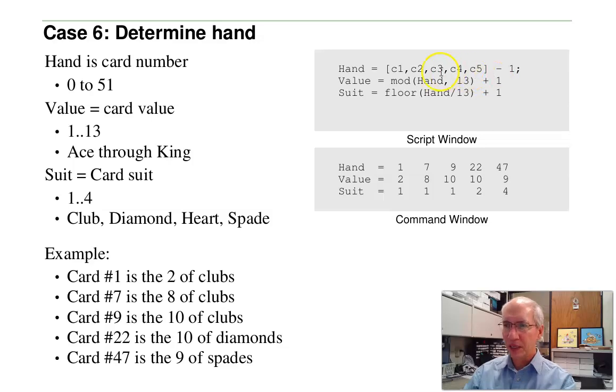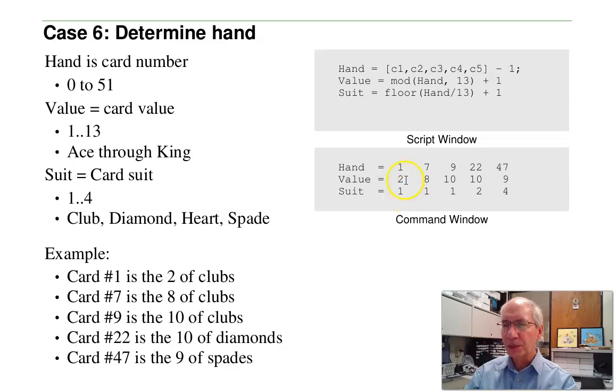So that way, actually, 1 through 13 is value. 1 through 4 is the suit. For example, if the hand is 1, 7, 9, 22, 47, that's my counting. The value would be this number, mod 13 plus 1. So this is the 2. The suit is this one. This is the first card is the